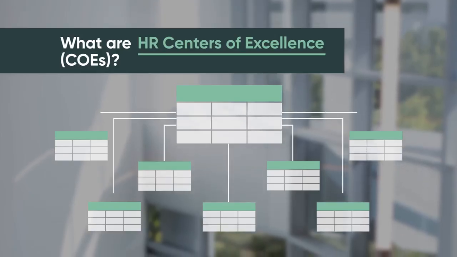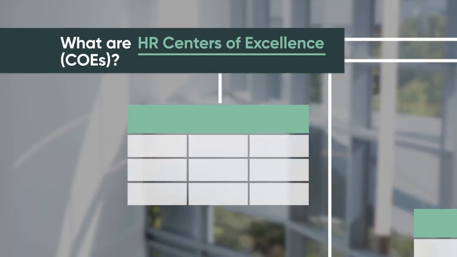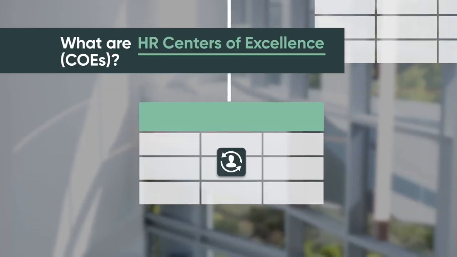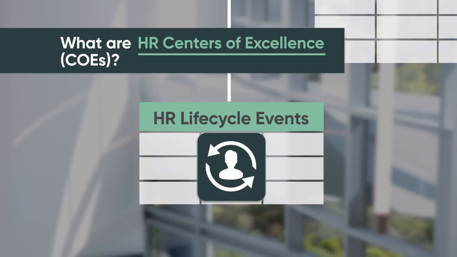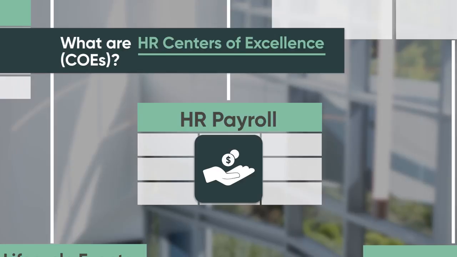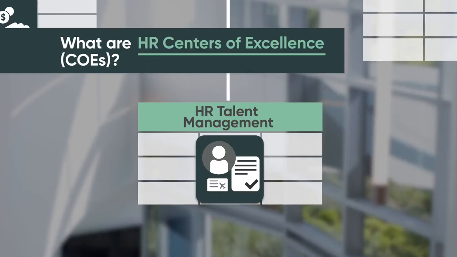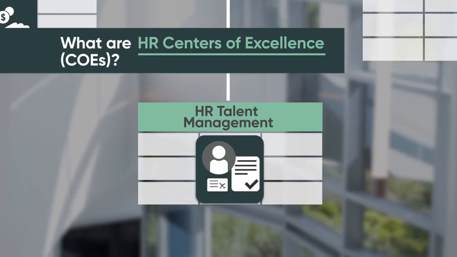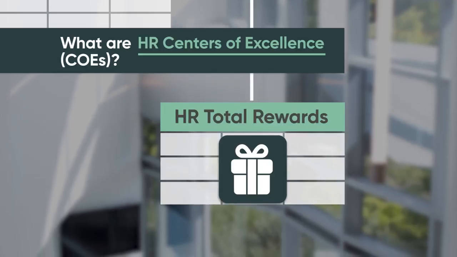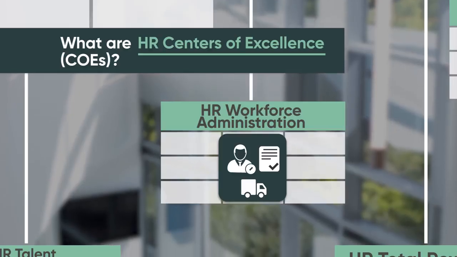This data model consists of 7 tables that extend the HR case core table. These tables are HR Employee Relations for disciplinary issues and inquiries, HR Lifecycle Events for onboarding, offboarding, and employee transitions, HR Payroll for all payroll-related inquiries, HR Talent Management for requesting travel visas, non-disclosure agreements, background checks or drug screens, or work visa transfers,